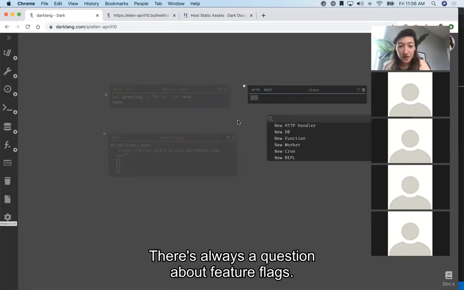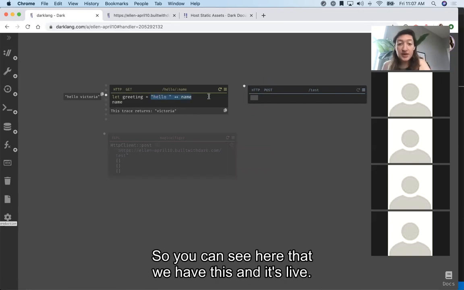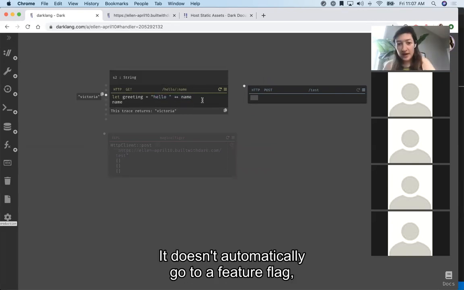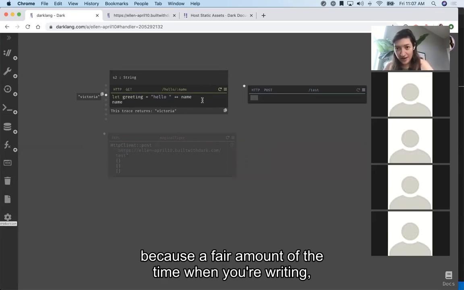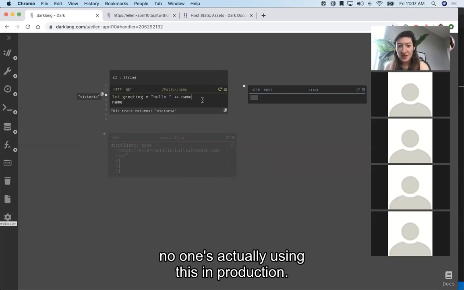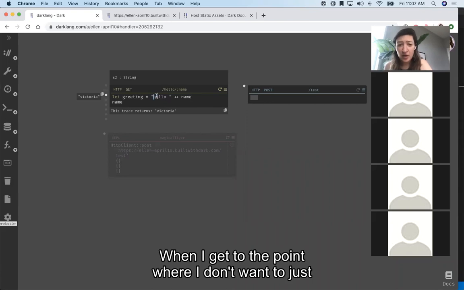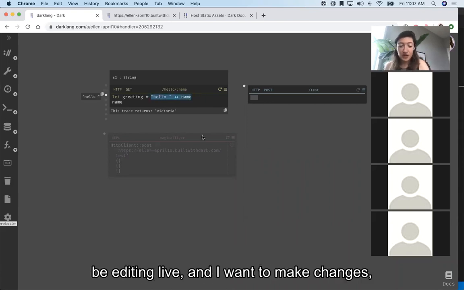I saw we had a question about feature flags, so let me go back quickly and show you that. So we can see here that we have this and it's live. It doesn't automatically go to a feature flag because a fair amount of the time when you're writing, even when you're using the traces, like this canvas, no one's actually using this in production. I don't mind if I'm just editing it live and being able to do things. But when I get to the point where I don't want to just be editing live and I want to make changes,